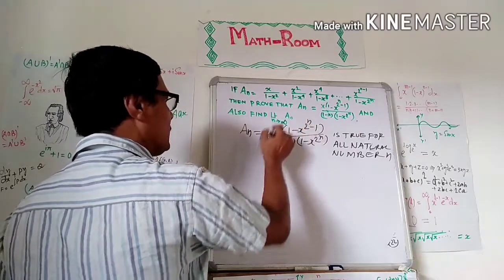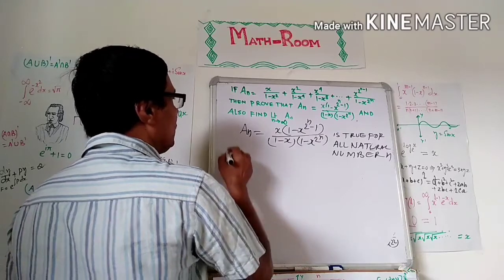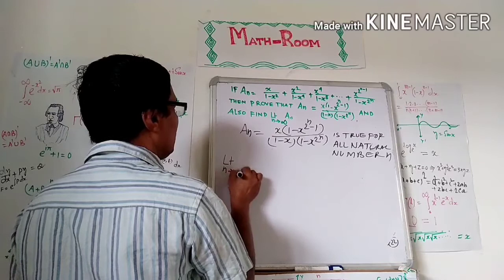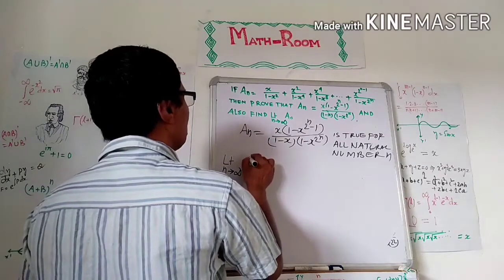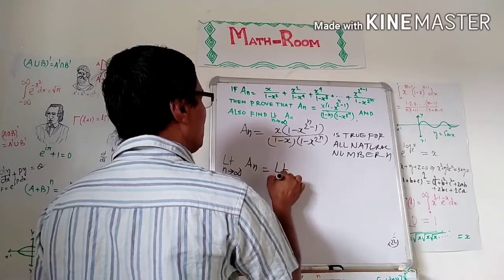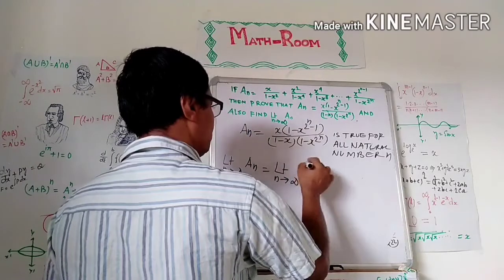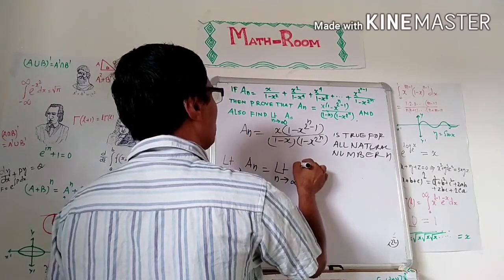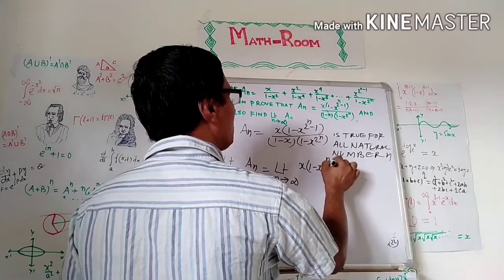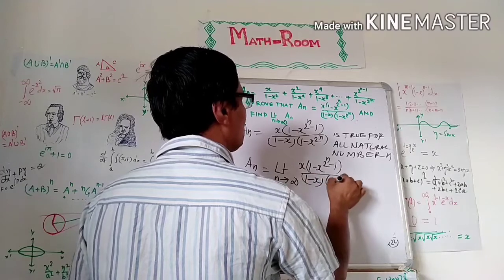Limit as n tends to infinity of S(n) equal to limit as n tends to infinity of x into 1 minus x to the power 2 to the power n minus 1 over 1 minus x into 1 minus